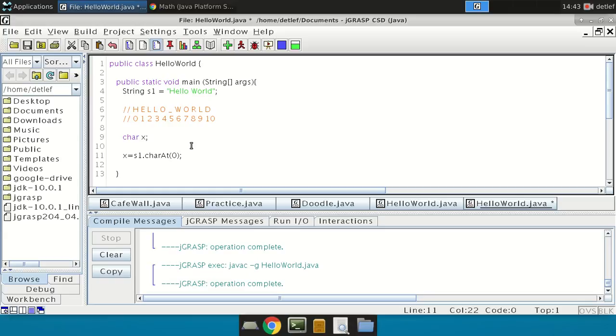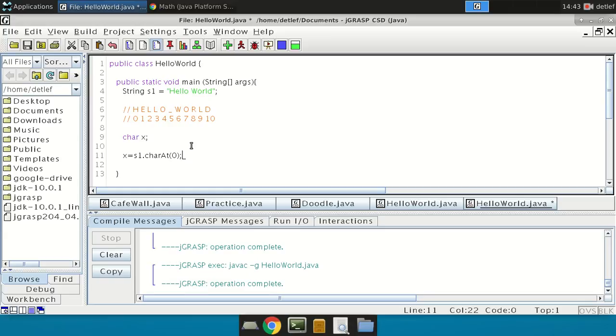With this, we are actually creating an object called s1 of type String, and each string object has a value, "hello world." It has different functions that you can use. So we're saying, go to s1 and do .charAt. Then inside the string object for s1, it says, what's my first character? Return